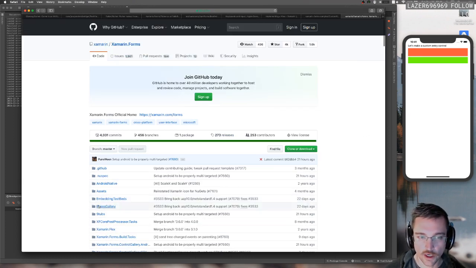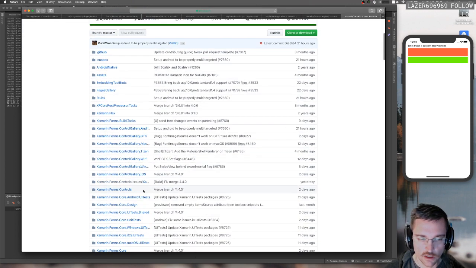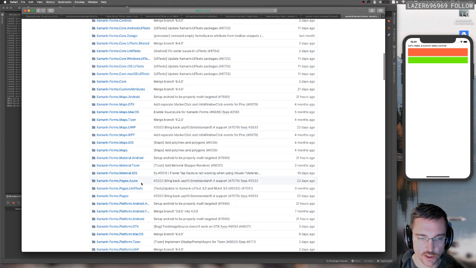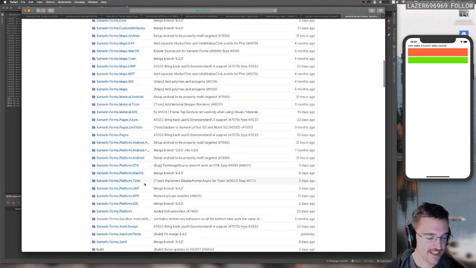It's a great way to learn, and a great way to see how to do the right thing as well. It's really easy to see a sample of some code and see people doing it wrong. But this is the production code for Forms. So if you're wondering how they do a renderer for a thing,